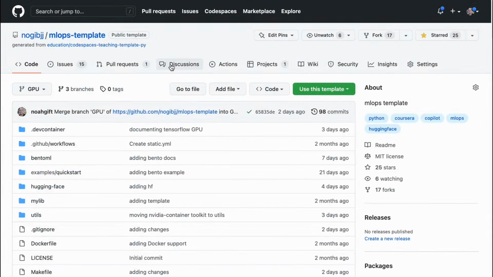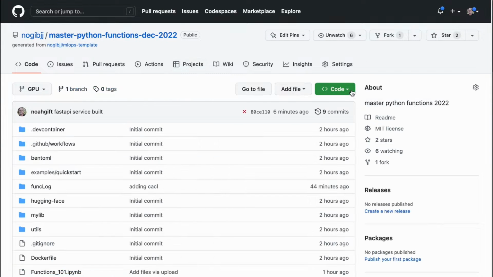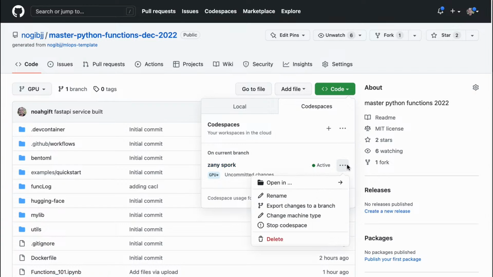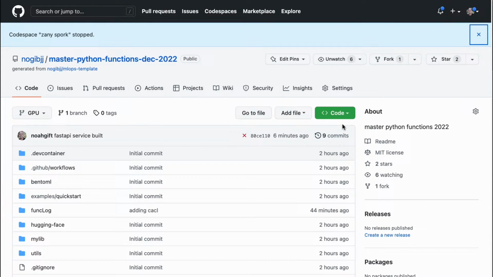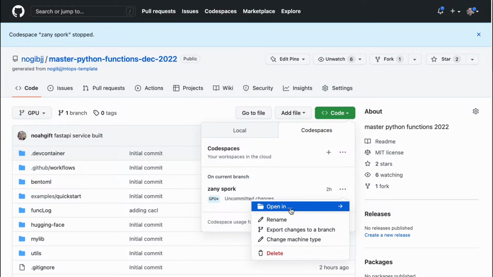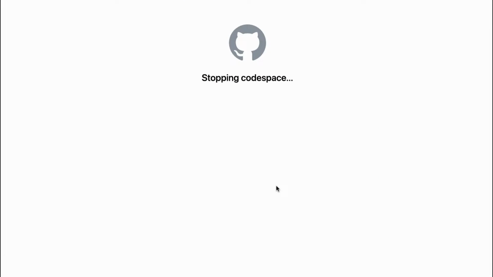In this case, because it's a Codespace, I can actually go to this environment here, and I can look at my Codespace. There we go. I could even stop it because it was acting weird, and then I can launch it again, and it should just basically reboot itself.